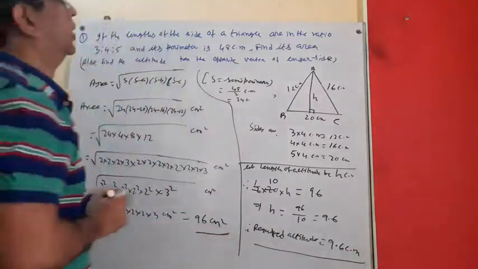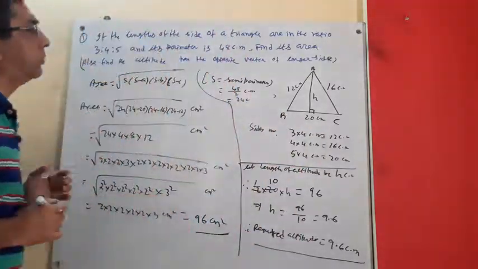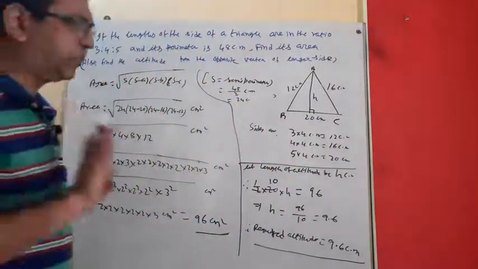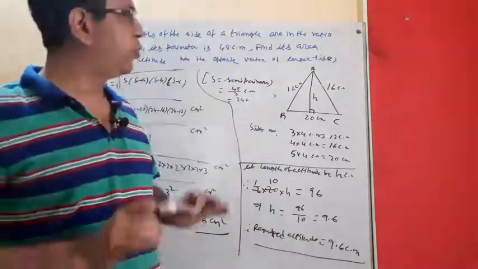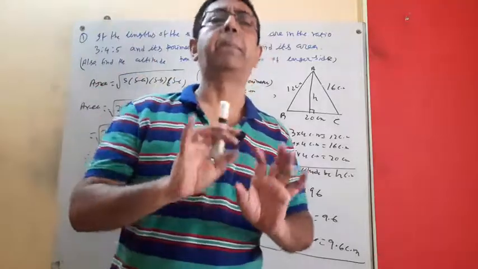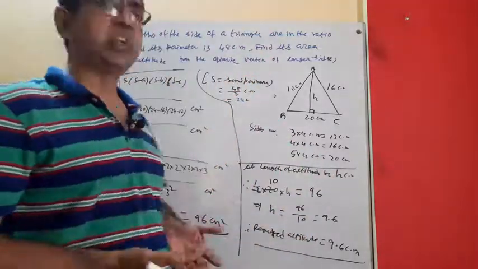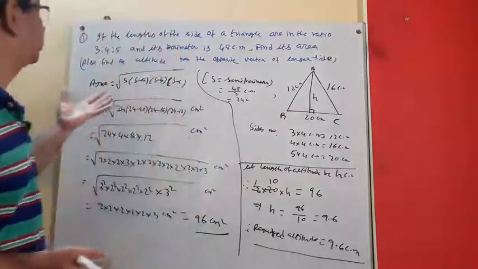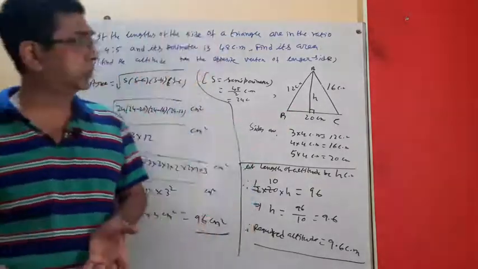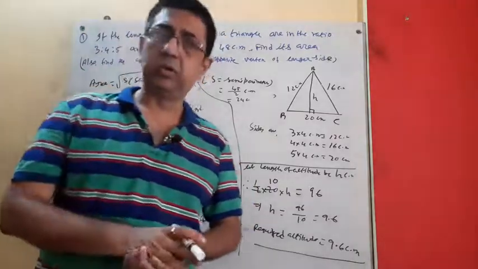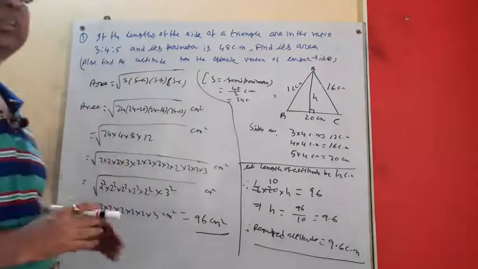Okay. So this type of sums are coming. There are some different types of sums also given, but there will be no problem if you know the formula and its application. Everything will be easy. How to approach this type of sum? I have done 3 or 4 sums. If it is possible, I will upload some other sums. So try and practice. I think there will be no problem.